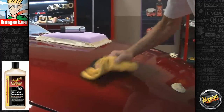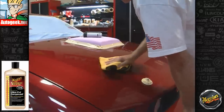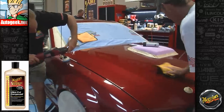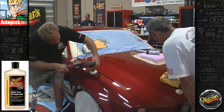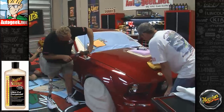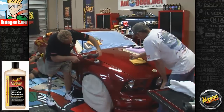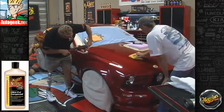So John, I know you're used to using a rotary buffer. Have you ever seen one that weighs 5 pounds before? They're usually about 15 or 20. Yeah, I cut my teeth on an old Makita, but I've also used the old Milwaukees and Sues. And yeah, a day of buffing with one of those builds your arms up, huh? Yeah, that's what I was